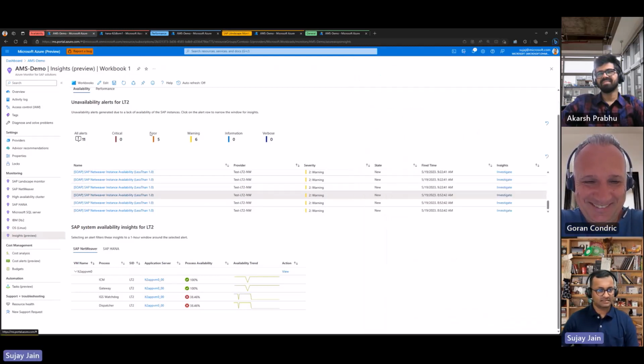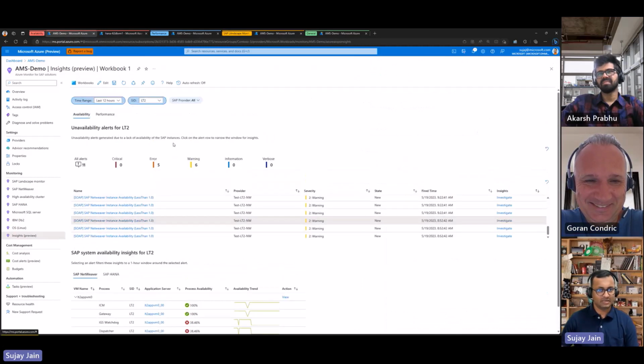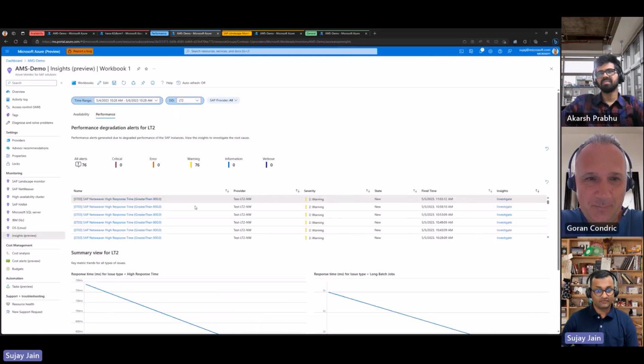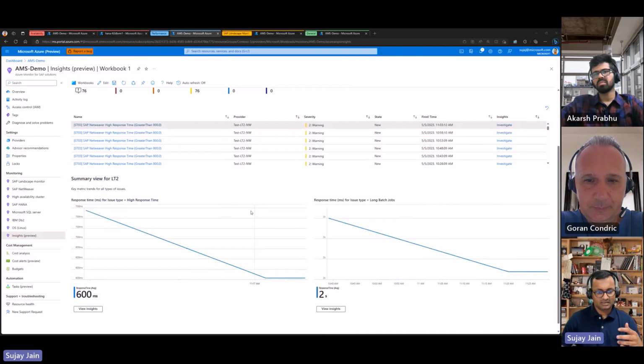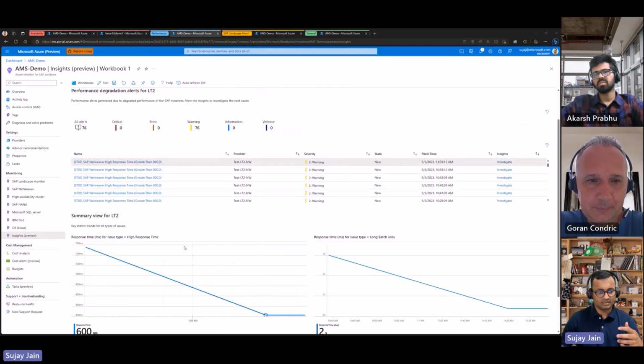So I just showed you the availability scenario. Similarly, on the performance side, performance becomes a little difficult because there can be n number of reasons why the performance of a system can go down. Right now we have focused on the most commonly occurring performance scenarios, and I'm demoing one of them, which is high response time. Many times the response time shoots up and breaches the threshold, in this case say 800 milliseconds. We have a summary view of the response time, so you can see the response time here